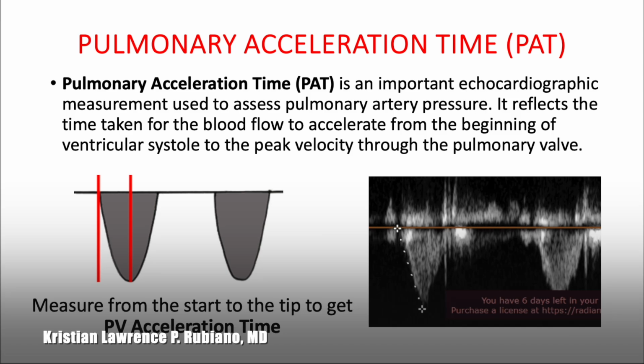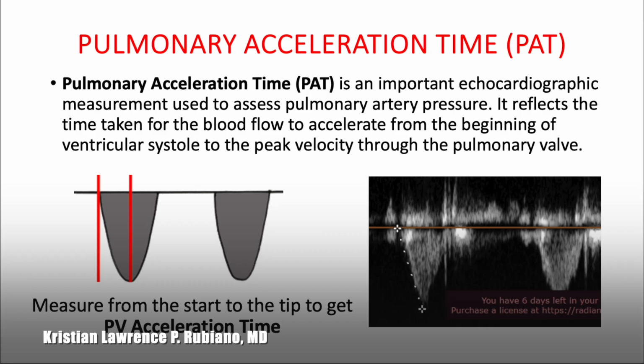Pulmonary acceleration time is an important echocardiographic measurement used to assess right ventricular function and pulmonary artery pressure. It reflects the time taken for the blood flow to accelerate from the beginning of the ventricular systole to the peak velocity through the pulmonary valve. Depending on your echo machine setting, it may be seen as a time interval from beginning to the tip, or may be seen like this in the right diagram as a slanted line from the beginning to the tip of